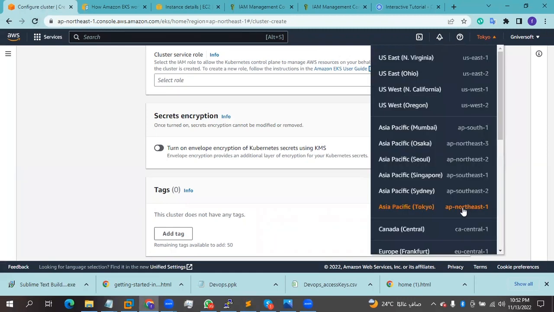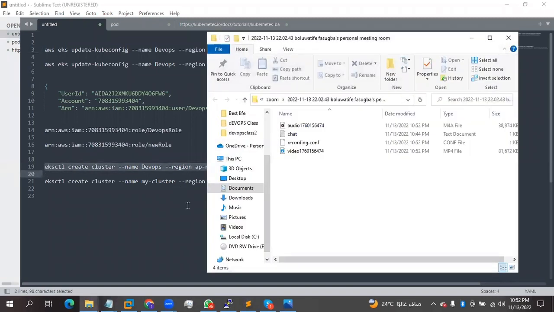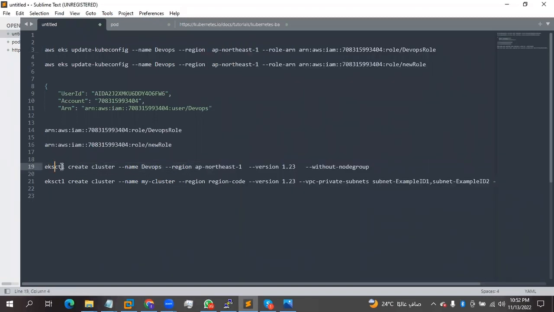So now this is the region I'm using. I'm using Tokyo, as you can see, and this is the code, ap-northeast. So specify the region. Now, eksctl create cluster, then the name of the Kubernetes cluster you're creating, then the region, and then